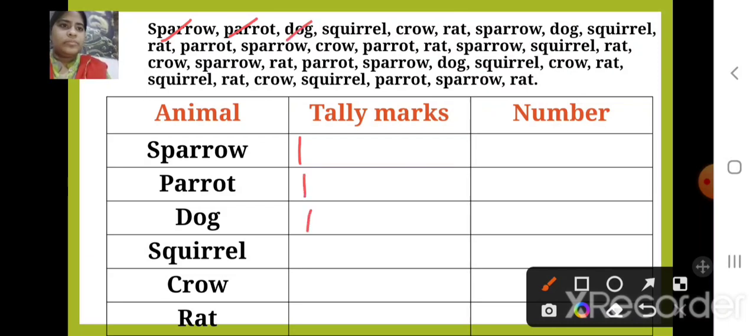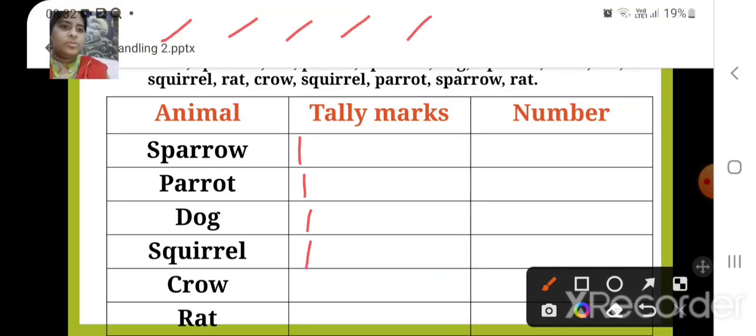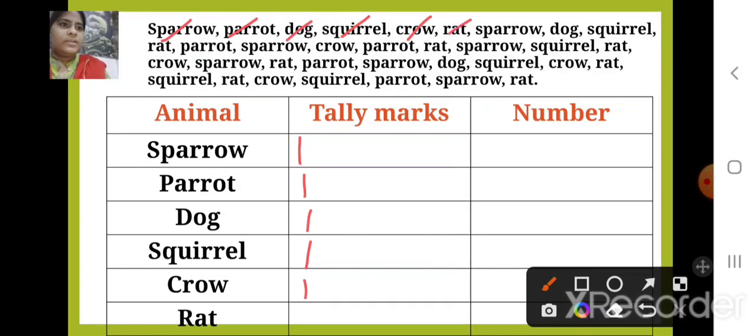Dog, squirrel, 1, crow 1, then rat 1. Okay, then again sparrow they have given, so 1 tally mark, then dog, then squirrel. Where is squirrel? Yes, so put your 1 tally mark. Then rat we have, yes, then parrot again, sparrow 1 tally mark, crow, where is crow? Yes, here it is. Then parrot 1 tally mark, rat,